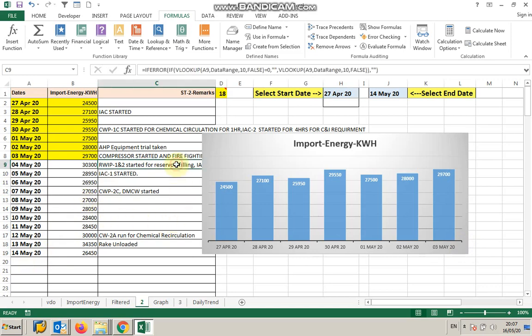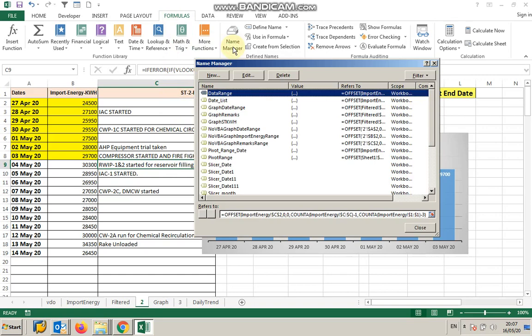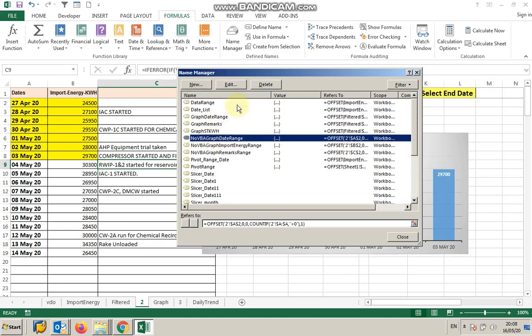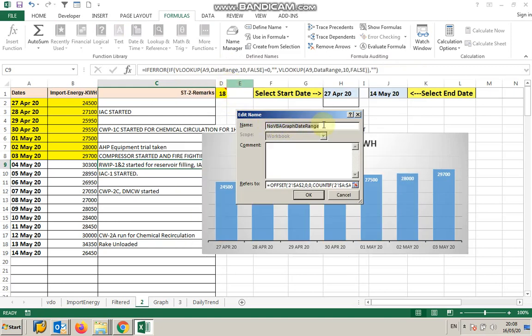So we have to select the data dynamically. What we will do is go to the Formula tab, Name Manager. Already we have made some formulas, and we'll go to Edit to copy the name from the Name Manager.